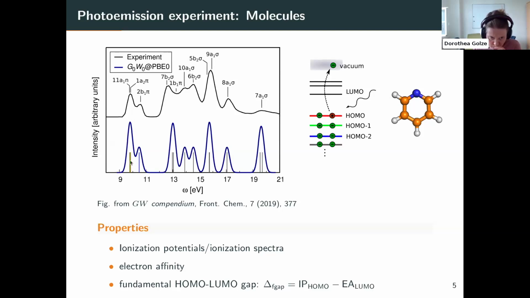Here indicated with the blue and red line. And the next peak basically belongs to the HOMO-2. I calculated here the discrete quasi-particle energies, broadened them to get a better resemblance to experiment. So that's what you can compute: such ionization spectra. You can also then compute the electron affinities, and get fundamental HOMO-LUMO gaps as the difference between the ionization potential of the HOMO and the electron affinity, which are important parameters,